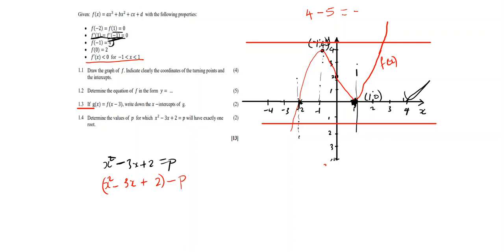So my graph will be something like this. Do you see that the value of x now is 1? The root is only 1. So if I subtract with a value that is greater than 4, which can be 5, I will have one root here. Hence I'm saying the value of P should be greater than 4,